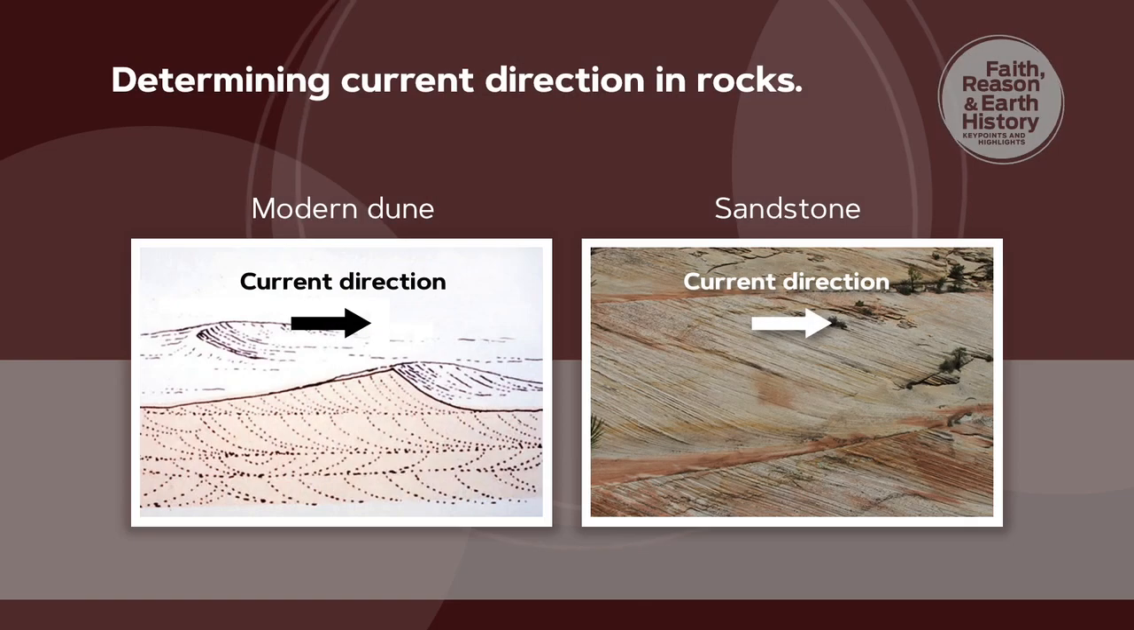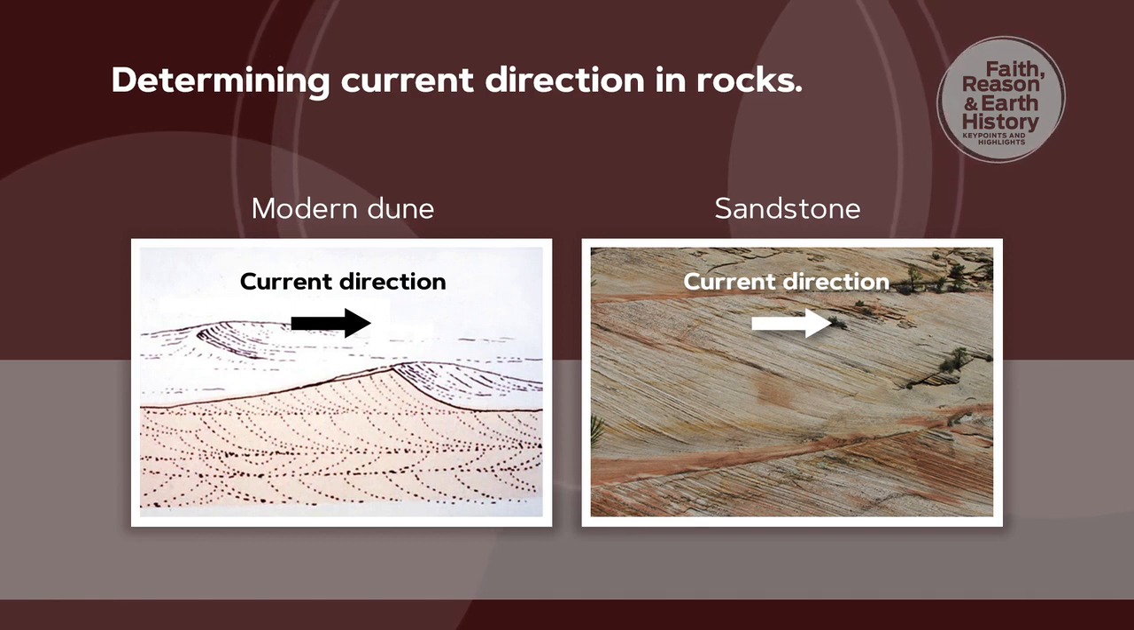Which way was the water flowing when the rocks were formed? We can determine the current direction in rocks. We can tell which way the water was flowing when they were deposited. Here in a modern sand dune, the wind is blowing to the right and it's depositing sand over the front of that dune. You can see then the sandstone that results, and we can see that the current is flowing